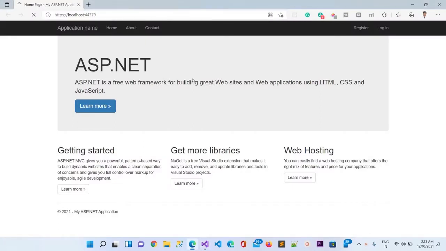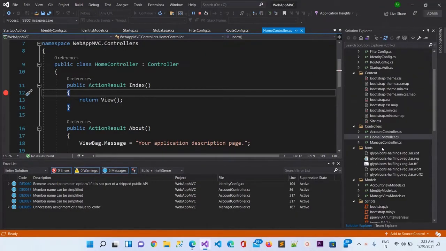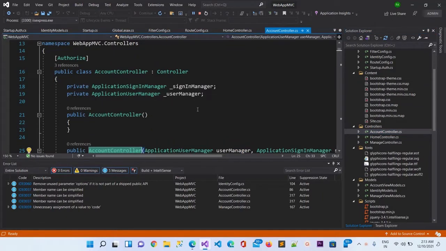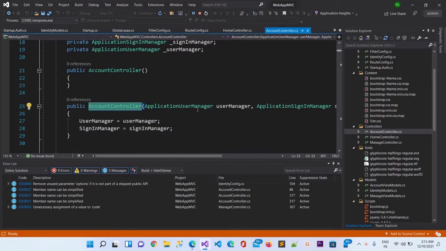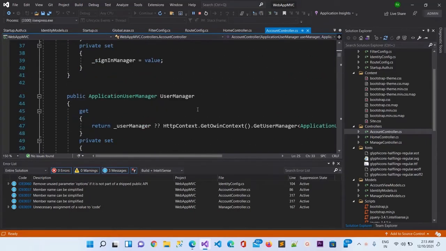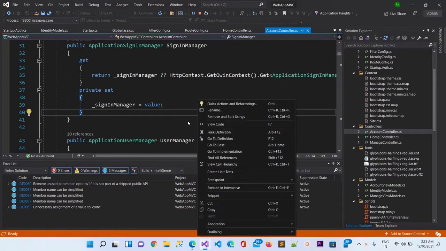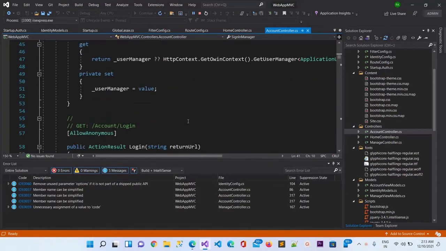And let me put more breakpoints here in other controllers, like the account controller. Here in the account controller, let me put a breakpoint related to the login.